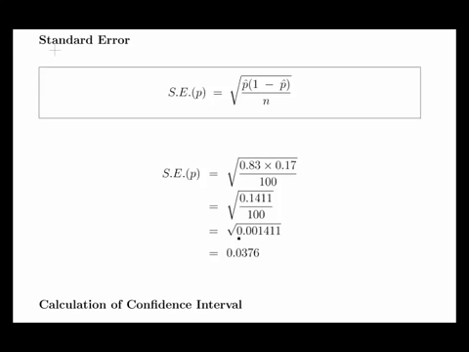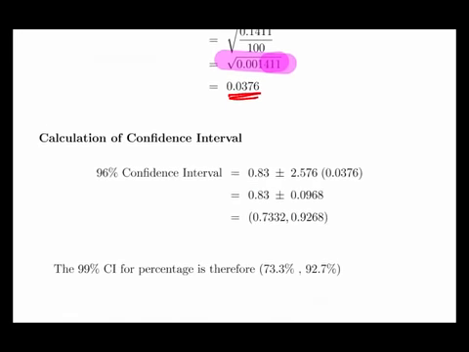So we get the square root of 0.001411, and I think it's good to go to 6 decimal places at that instance, but then overall work to 4 decimal places. That's just my own personal preference. That gives 0.0376. So our 99% confidence interval, there's another typo, is 0.83 plus or minus 2.576 times 0.0376,